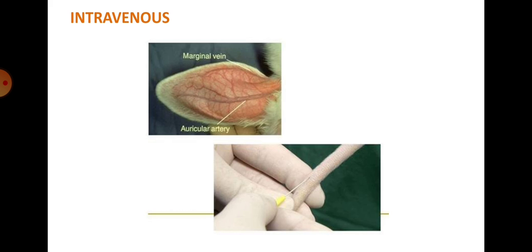Use the lateral tail vein located on either side of the tail, as you can see in the second picture. And also you can use the ear vein of rabbit. The tail vein is difficult to find, that's why the mouse is often placed under a heat lamp to promote peripheral vasodilation. Suitable for large volumes, must inject slowly.